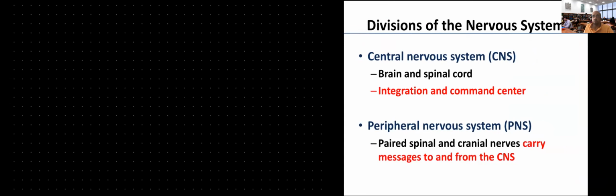We divide the nervous system into two major parts anatomically. Those are the central nervous system and the peripheral nervous system. The central nervous system consists of the brain and the spinal cord. Compared to the peripheral nervous system, it's going to be formed by the nerves going in and out of the